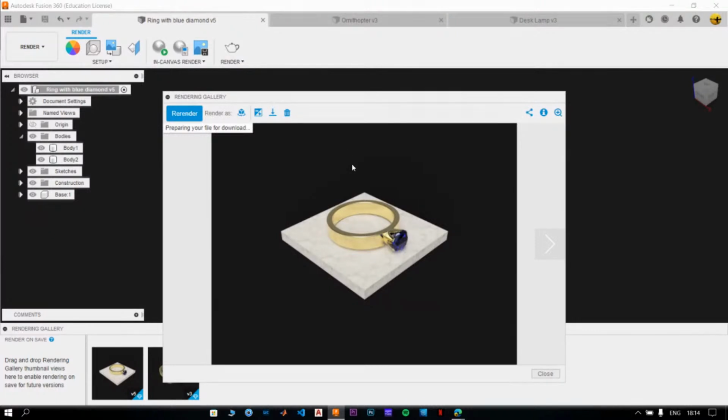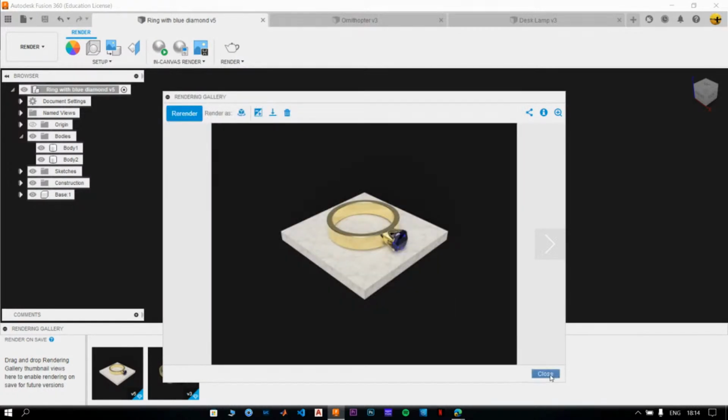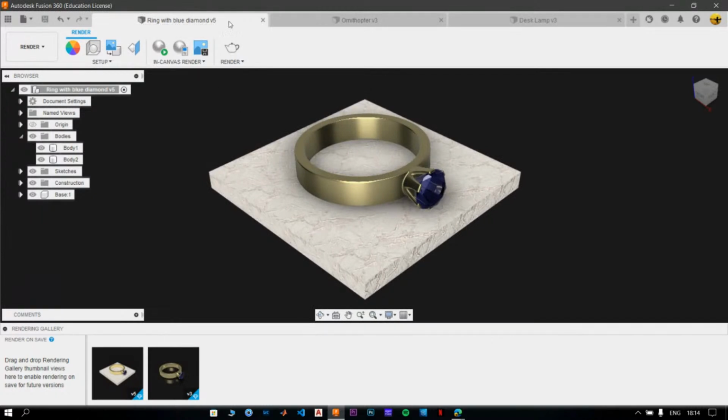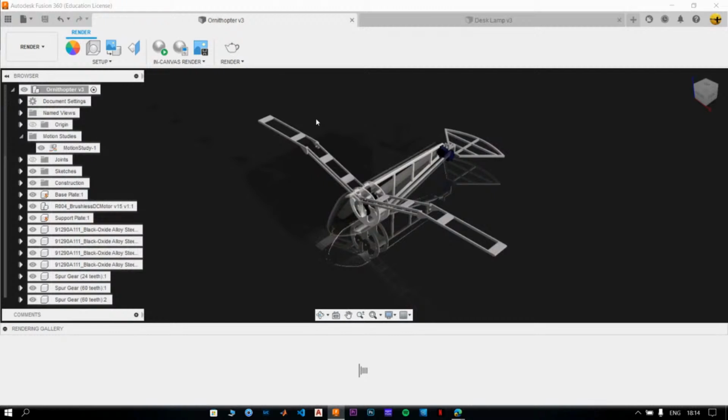So download it as a PNG file and save it in the folder. All right. So this is done. Once you're done with this, you can close the design so that you just have the ornithopter and the desk